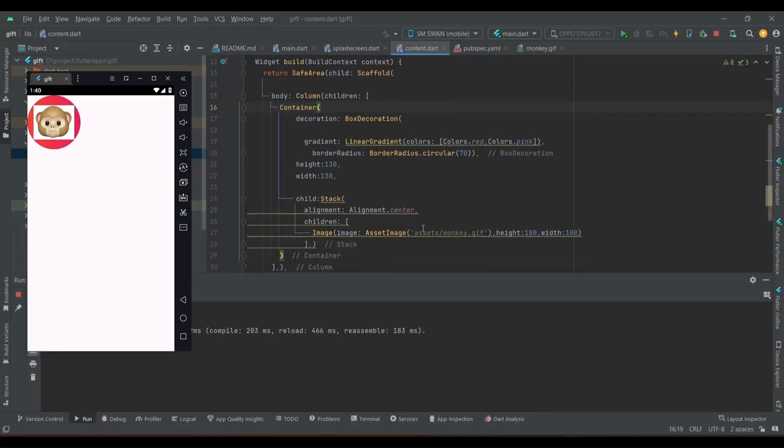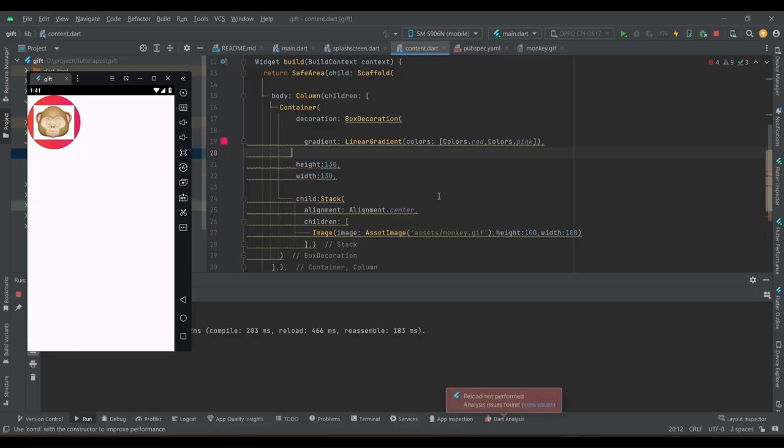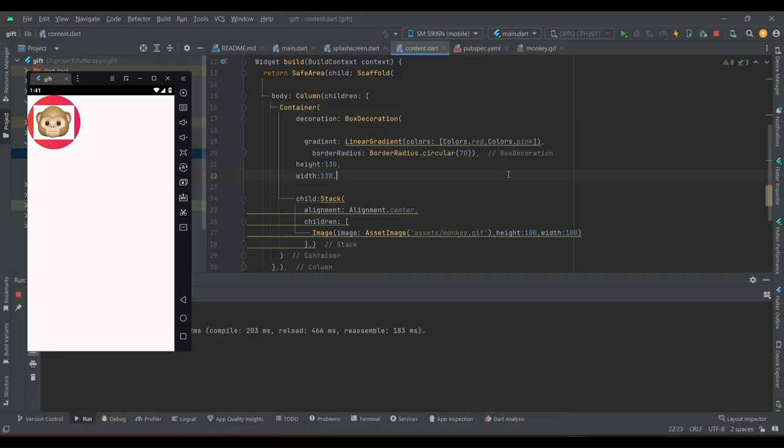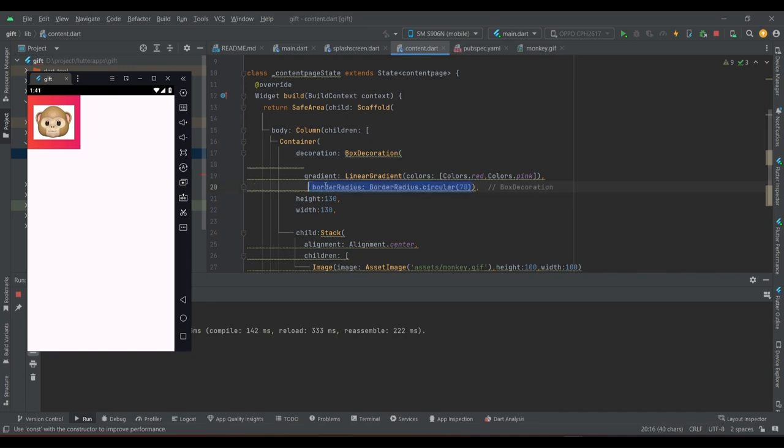We got the round shape, so let's take this border radius. Let's take this border radius. Okay, now let's add the border radius to very less, 10. Okay, now the edges become smooth. So now